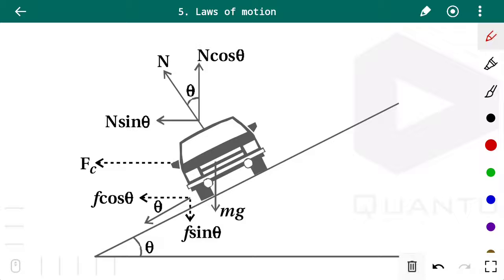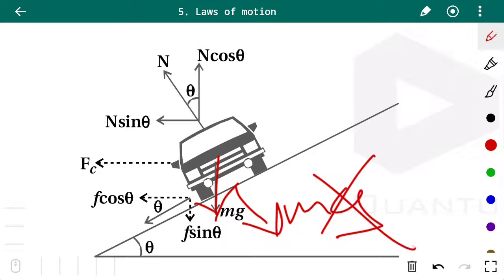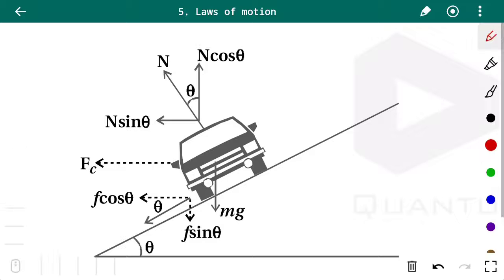Whenever we write the forces acting, we need to be very clear about the directions, because gravitational acceleration always works in the vertically downward direction, so will be the direction of the weight. Weight will always be in the downward direction, that is mg. It is not that the surface is like this and here it will be working as mg. It is wrong. So weight in the downward direction